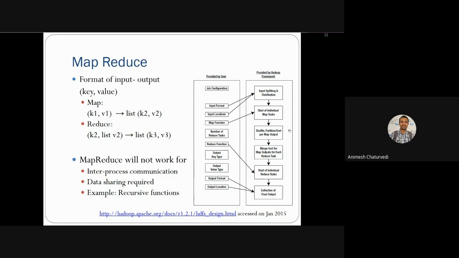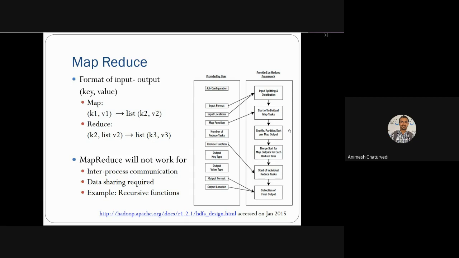Out of 20 to 30, 5 keys are merged. Then from 21 to 30, 8 keys are merged. So these are the merging techniques which are done at the Hadoop level.